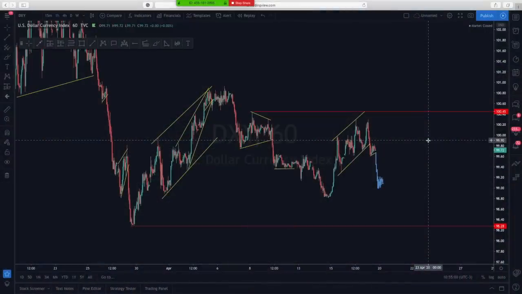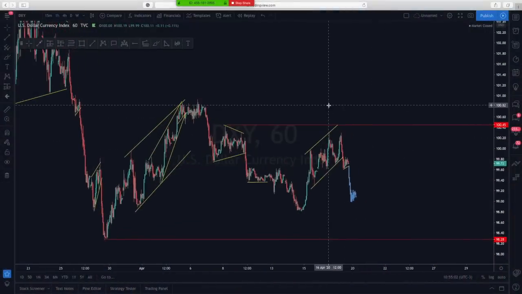Okay, so we're starting first with the dollar index. With the dollar index, it's almost the same setup that we have been looking at in the past few weeks. I remember the first time, about 3 weeks ago, we saw it somewhere around here, and then we waited for that candlestick confirmation to go to the downside. Obviously, we did break this impulsive move, this correction. The next impulse happened here. This correction happened, and then we wanted to take it all the way to the downside after this beautiful correction.